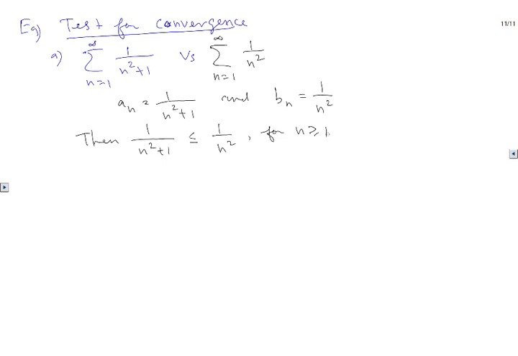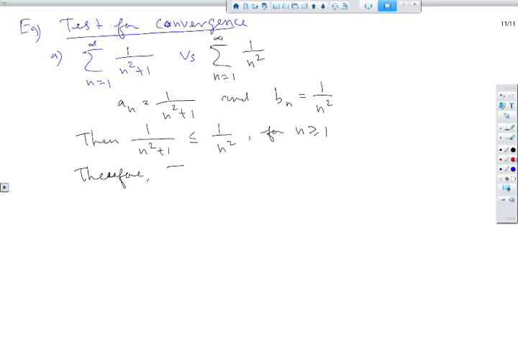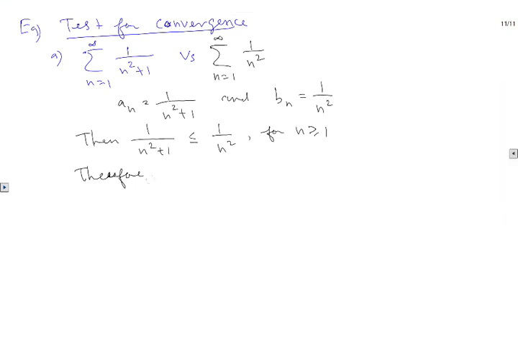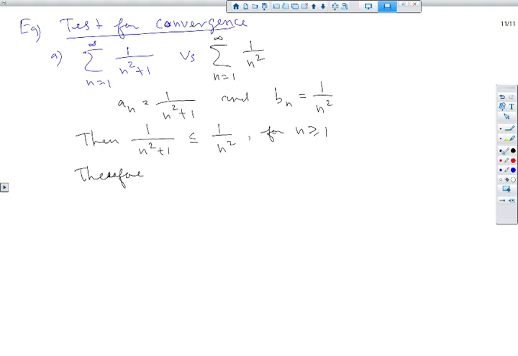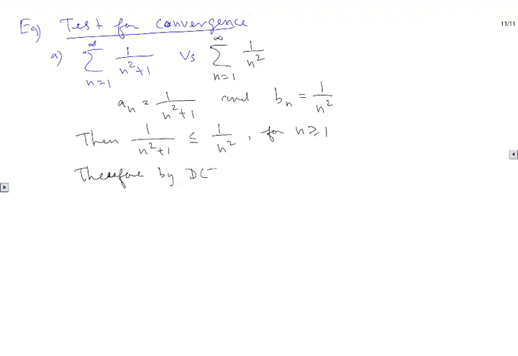So we can see, therefore, because this is an argument, by the direct comparison test, the series n going from 1 to infinity of 1 over n squared plus 1 converges, since